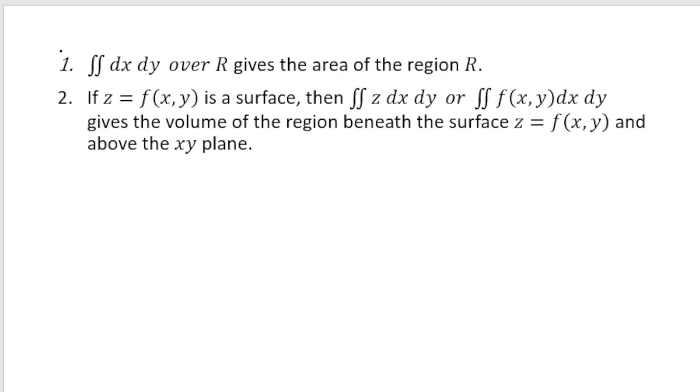So let's start. What is the area of a region R? Area of a region R is given by the double integral of dx dy, where dx dy is the area element, and if we integrate the area element over the entire region R, then what we get is the area